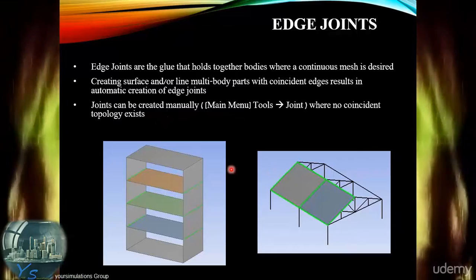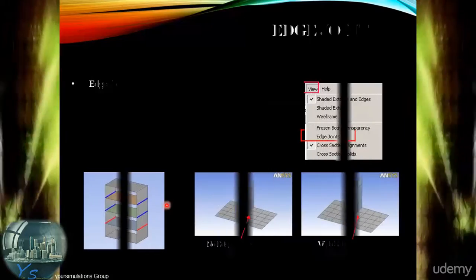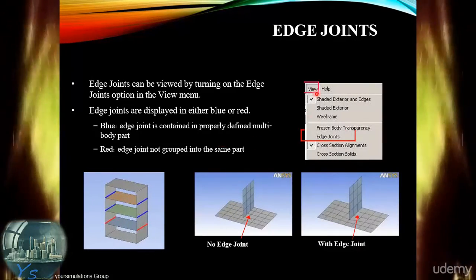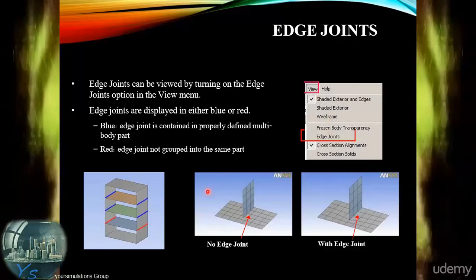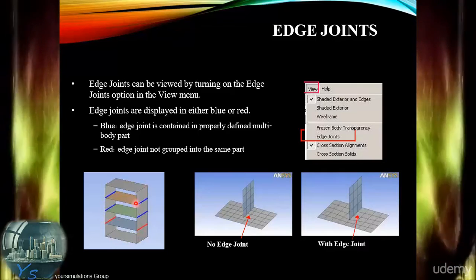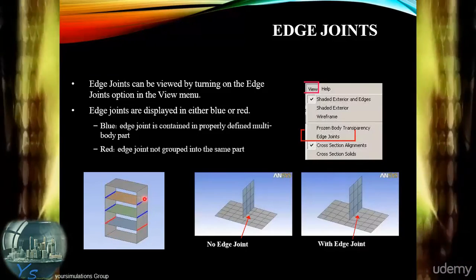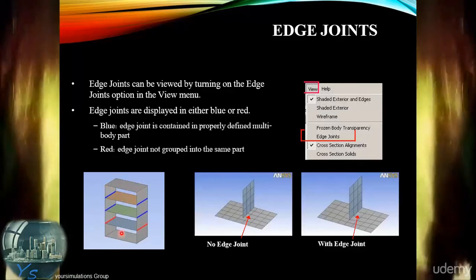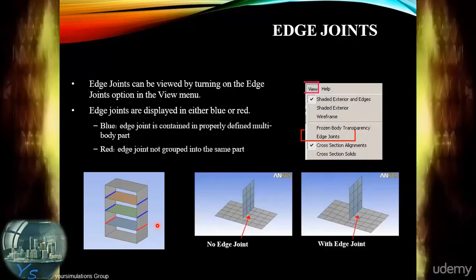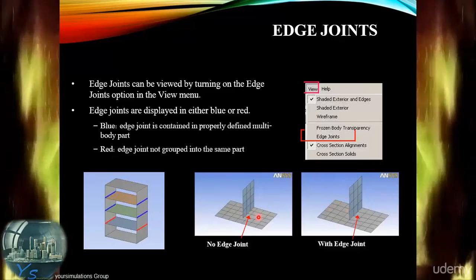And here we can see some examples of the joint tool. They can be viewed by turning on the Edge Joints option in the View menu. If we go to View and drop down to Edge Joint, the edge joints then become visible. Blue edge joint is contained in the properly defined multi-body part, whereas the red one shown at the base here are edge joints which are not grouped into the same part. We can also see here, in terms of the surface mesh, the effect of the joint